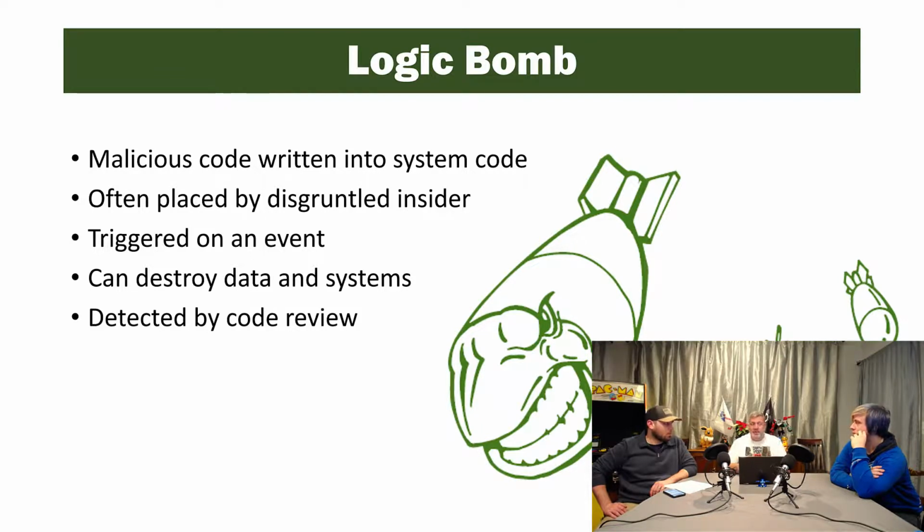A lot of times they can be detected. The problem is code review now is millions and millions of lines of code, so you have to have some automated scanner to look for these kinds of things. Mm-hmm. So someone getting on the system and just puts a little piece of code in there, and every